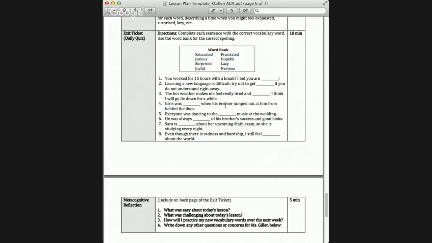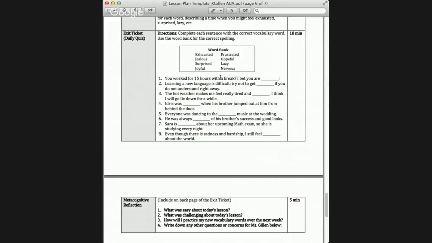So this is a great way to know if, A, your students can define the words, and B, apply them in real situations. This will also take you about 5 minutes to grade. You're just going to check through everything, and then you have data that you can use to plan your next lesson. So if your students do really well on this, you can pick more rigorous words for your next time. If your students struggle with it, you know to stay on the same level or make your lessons a little bit easier. So we'll get more into the assessment component in a few minutes, but